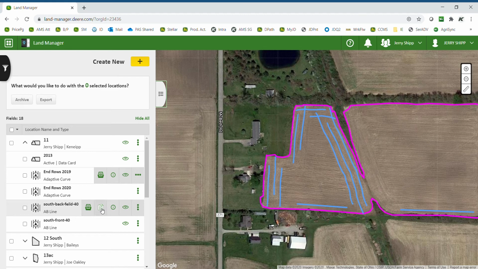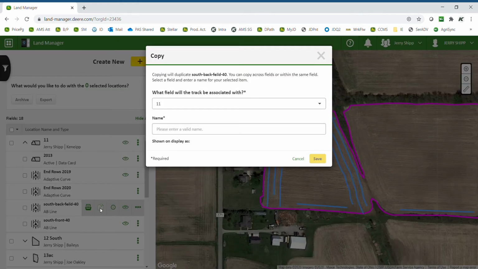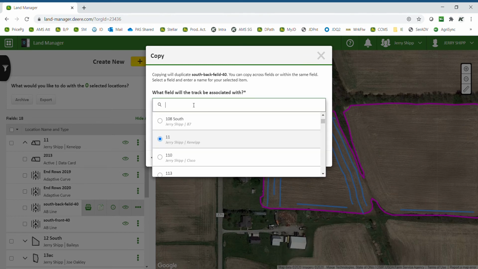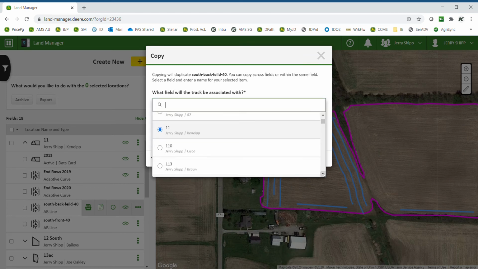We also have the ability to copy the line to another field. This may come in handy if you have 2 fields that are side by side that currently have different AB lines and you would like to use the same line for both fields. If you would like to copy, simply click the copy button, choose the new track to copy the line to,